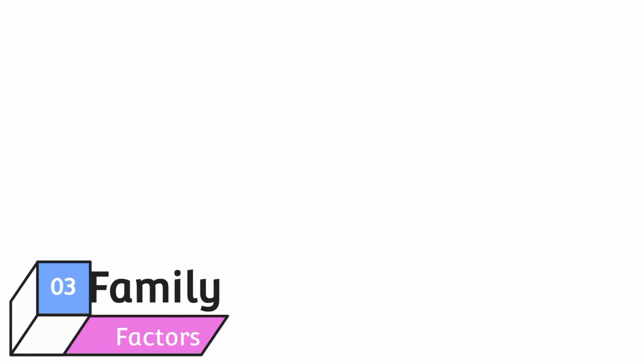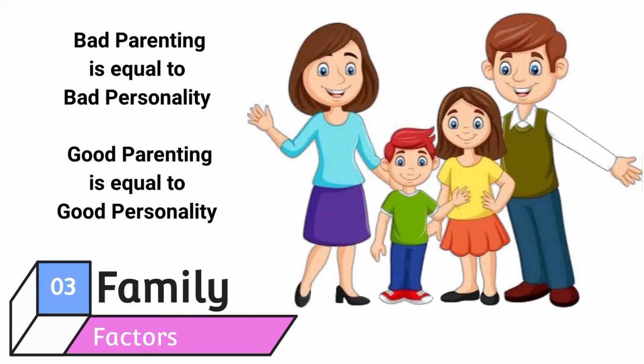Next is family factor. The parents play an important part in the identification process, which is important to the person's early development. Children follow their parents, so their personality traits become similar to their parents' through imitation. Their actions and words are the main baselines of their child's personality and behavior.